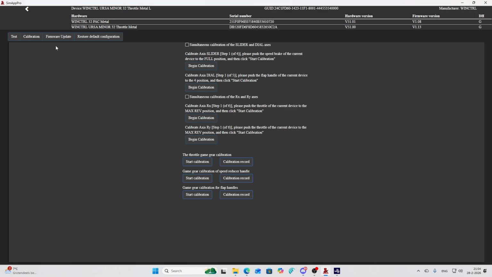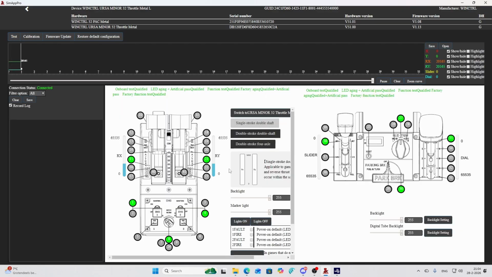If you go to SimApp Pro, you can go to the test page, and in the test page you see all these nice buttons. These buttons, let me describe, okay, this button number 3 refers to button number 3 in Flight Simulator. Button number 37 refers to button number 37 in Flight Simulator. Keep in mind that for some of these items there is also an axis assigned, like the RI and the RX, and in some cases it's not described very well, to be honest,